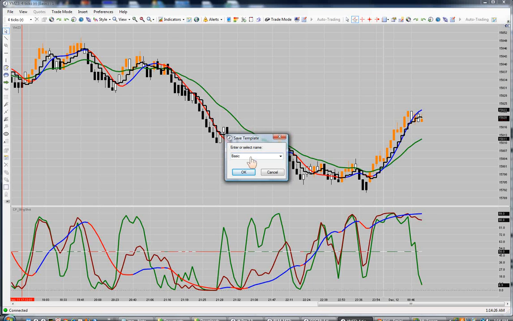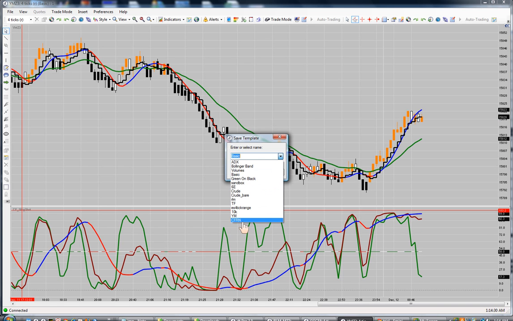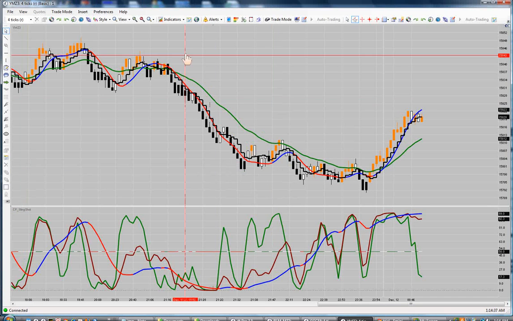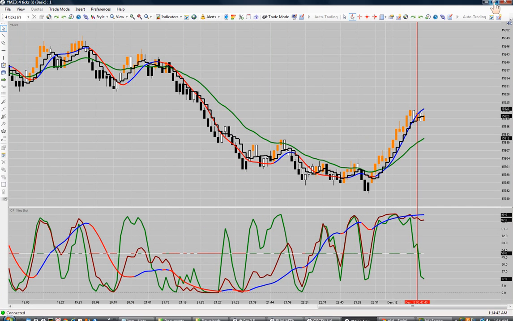Now, I've already saved the template. It's going to give you something called Basic by default, probably. But I've already saved one called CFRN in here. So you would save it as CFRN. Okay, I've already done it. You would click OK. I'm going to click Cancel right here. And then what that allows you to do is, oops,